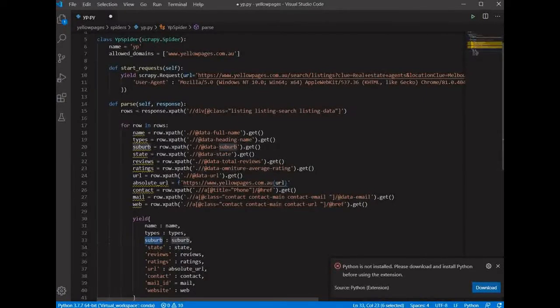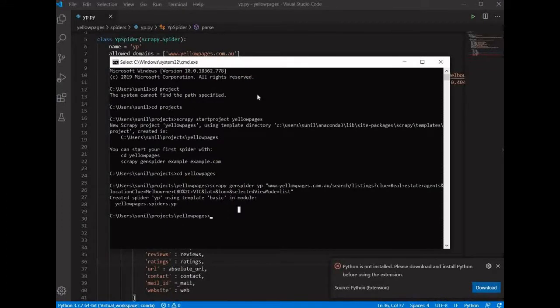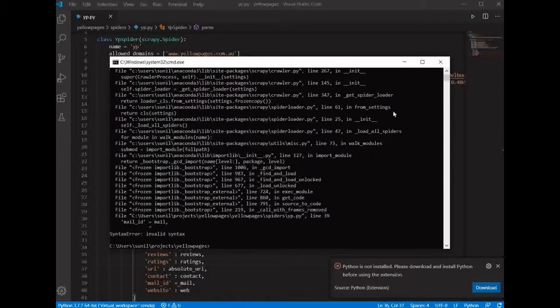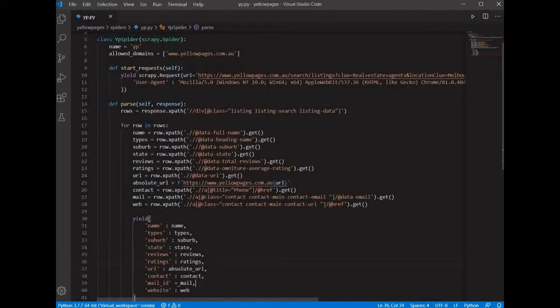I'm just selecting them and pressing inverted comma, apostrophe. Let's go and print. Okay, here now scrapy crawl YP. Okay, something is wrong, mail ID. Okay, sorry. Let's go to